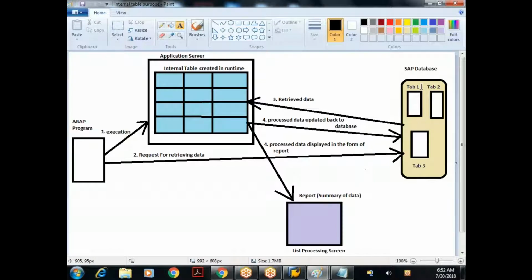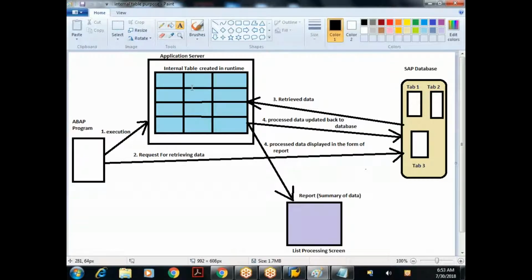I'm talking about the current scenario. Instead, we will read the data from database tables into a temporary table called an internal table, which is available in the application server at runtime.